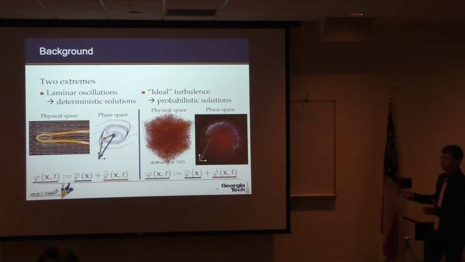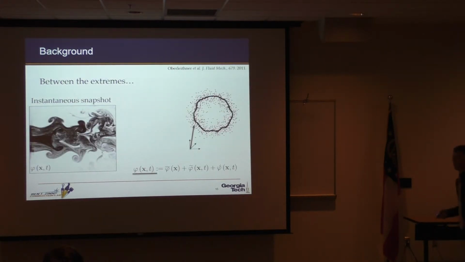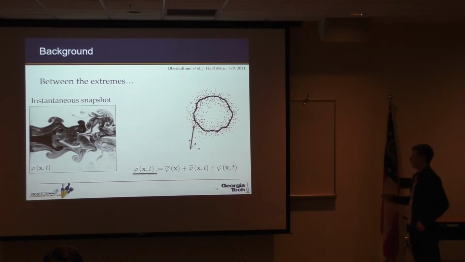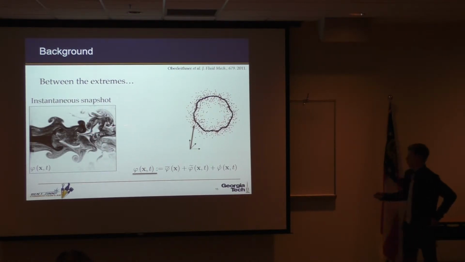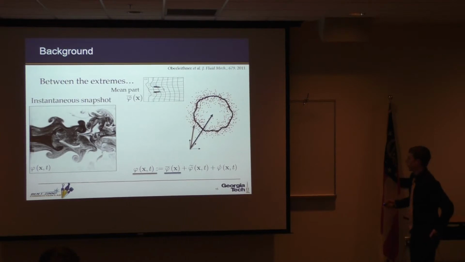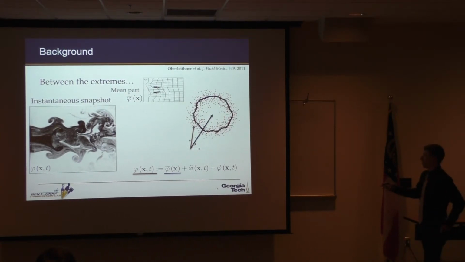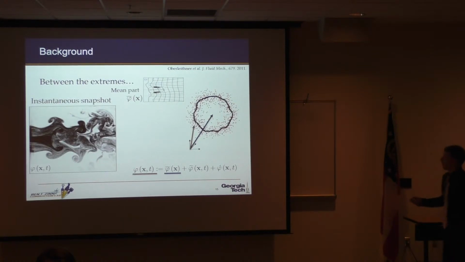So these are two extremes, but between the extremes, which is where we typically are when we look at turbulent swirling jets, we have a mix of these coherent structures, which are the larger ones, in addition to turbulent structures, which are typically the smaller ones. And so in that case, we look at a mean part, which takes us to the middle of phase space. But in this case, it's interesting to note that even though this is what something like a RANS simulation might generate as a final result, it's really of no interest to us because the system spends almost no